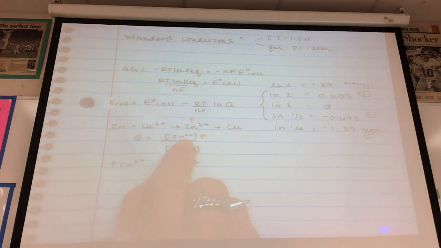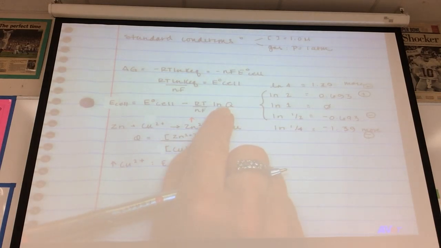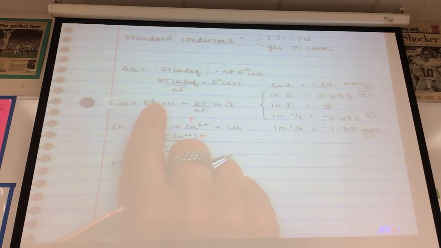If we increase zinc, Q will be greater than 1, and the ln of a number greater than 1 will be positive. And now, if we put a positive in here, we're subtracting a larger number from Ecell under standard